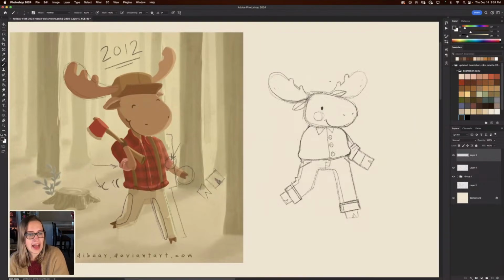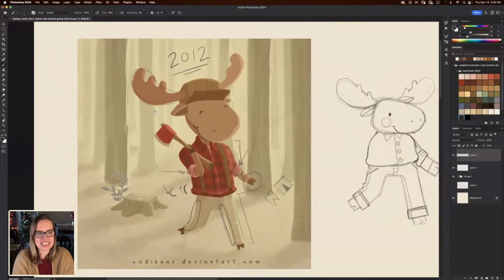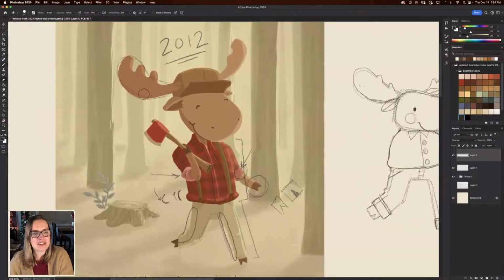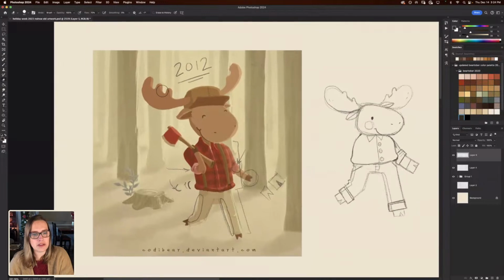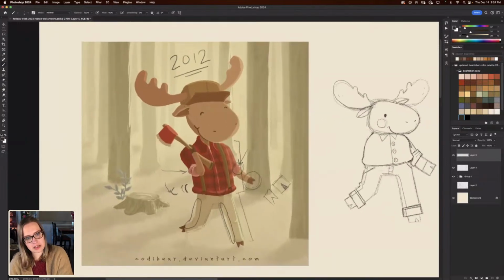And then the hat, that's an interesting thing, because this hat really doesn't make sense if you think about it. If his antlers are way up here, this is what happens when you don't draw through. When you draw through, that would mean his head is like a potato. Oh, it's literally a potato. Okay, so we're not going with potato head this time around.